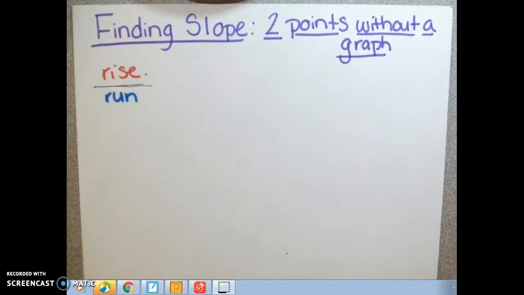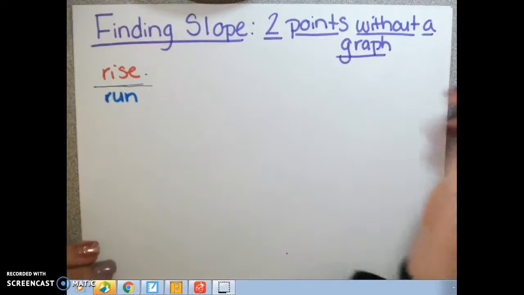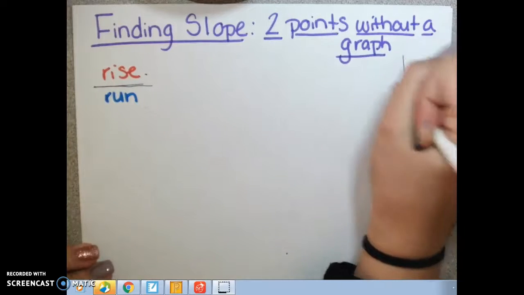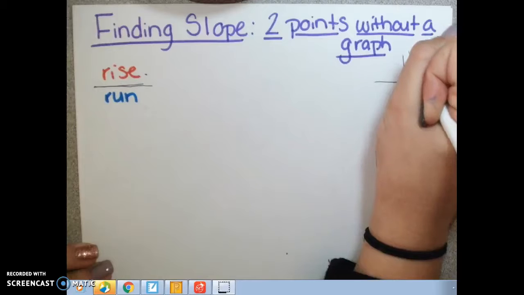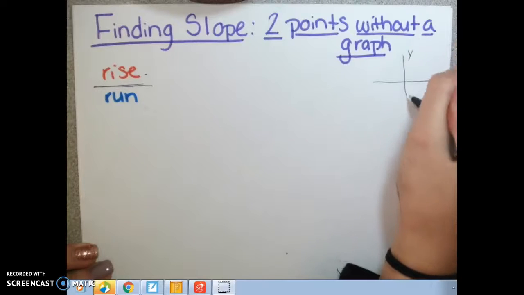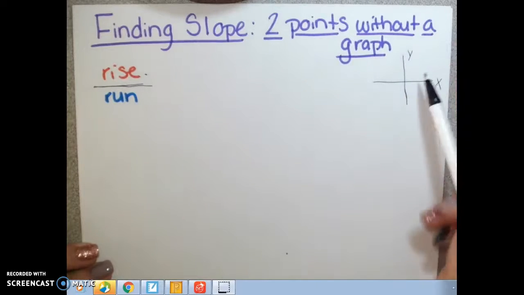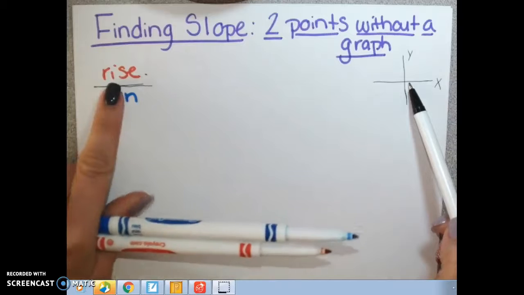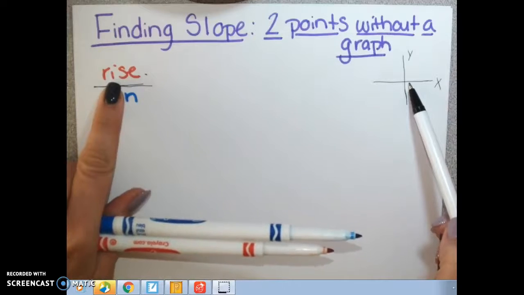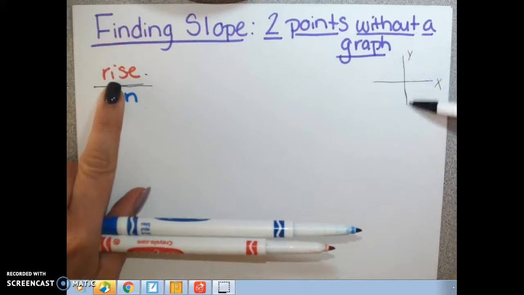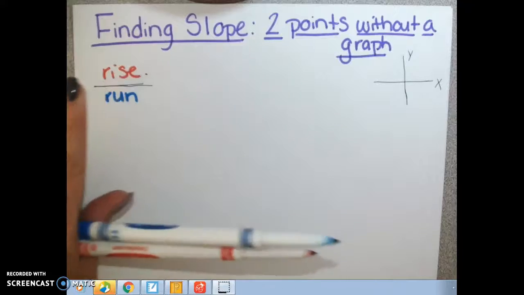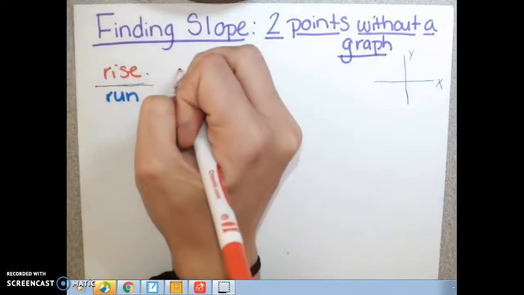So next step, you need to figure out which axis you are going to rise and run on. You do have two axes. There's the y-axis, and then you also have an x-axis as well. So if you keep this in mind, which axis are you going to end up rising up on? Well, the axis that goes up and down is going to be your y-axis. So the formula calls for y